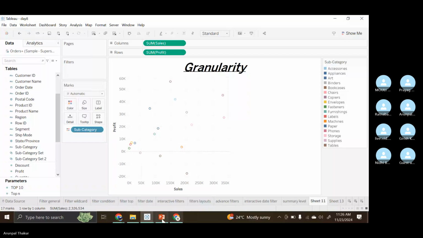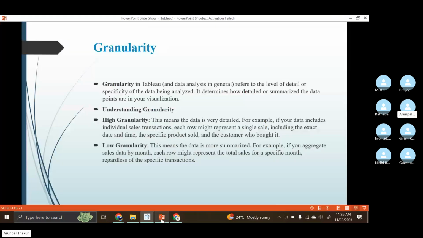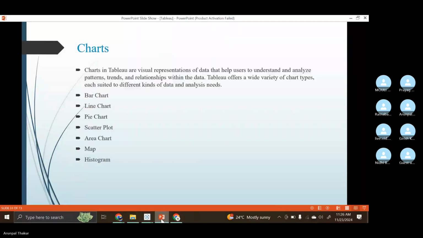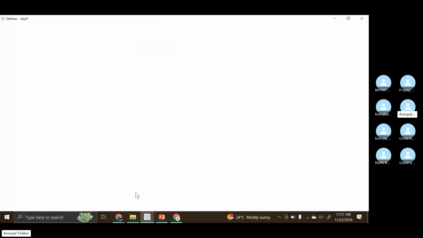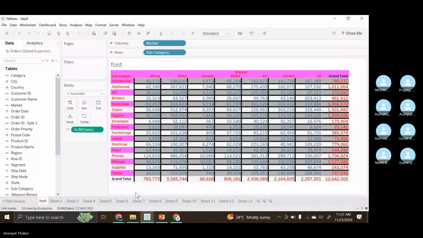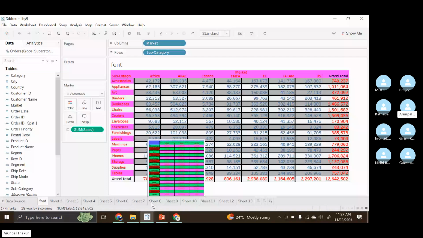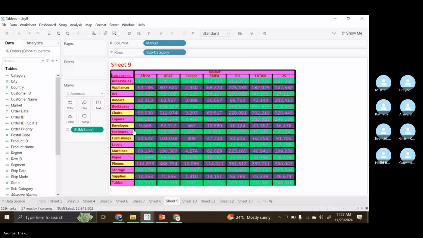Now, before going for charts we might start tomorrow. Okay. So first we'll try to understand the formatting part. I'm clearing this sheet. Let us suppose subcategory,